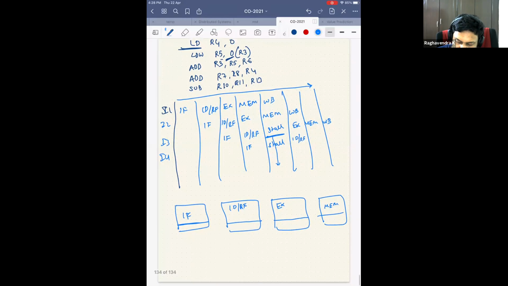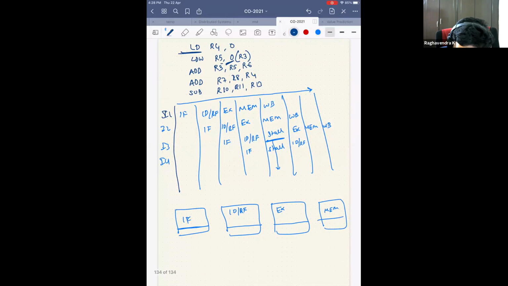Now you can see that instruction 3 has not yet been taken by the execution unit, so I3 still remains here. That's what the stall means. I cannot overwrite I3 with I4 unless I3 is plucked out by the execution unit. So if I3 is here, where should I4 be?